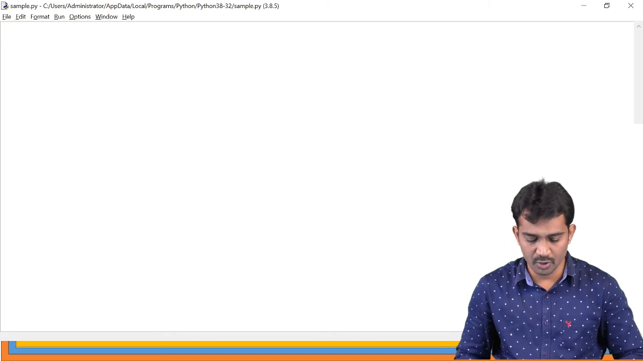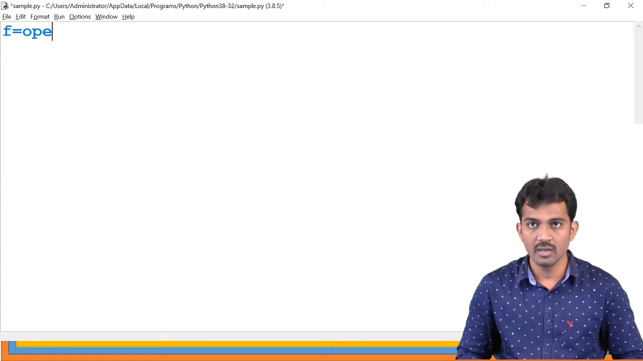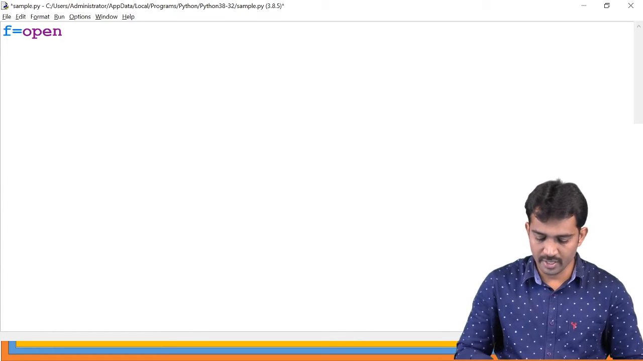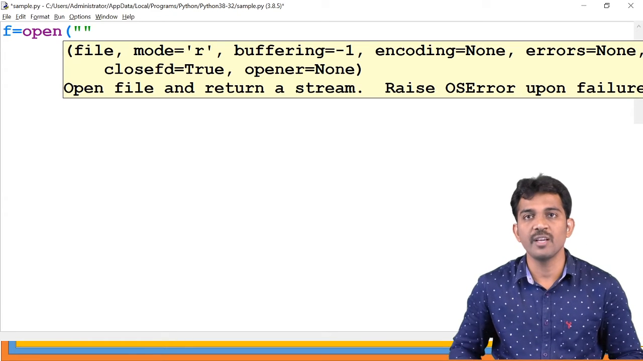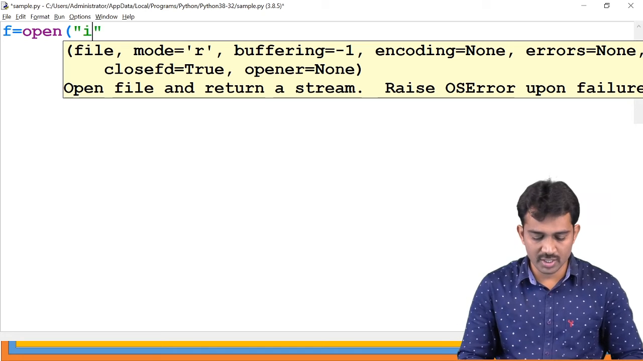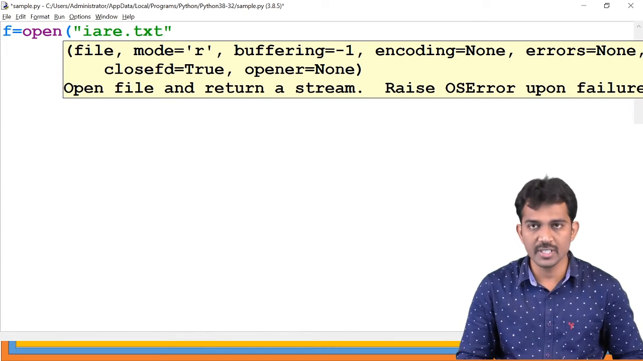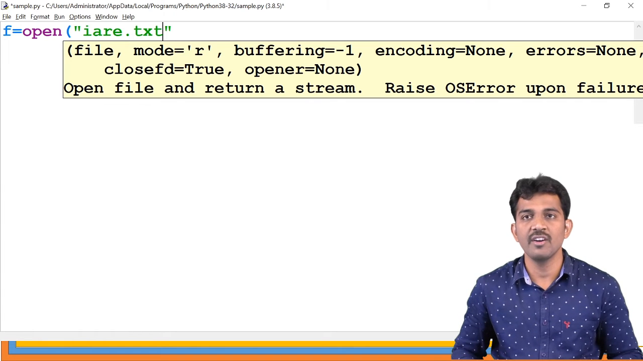See, first we are going to open. F is a file name, right? So open of. So what is the file name? It is the file name you want to save. For example, I am going to say create a file with ire.txt. It should represent the file name ire.txt,